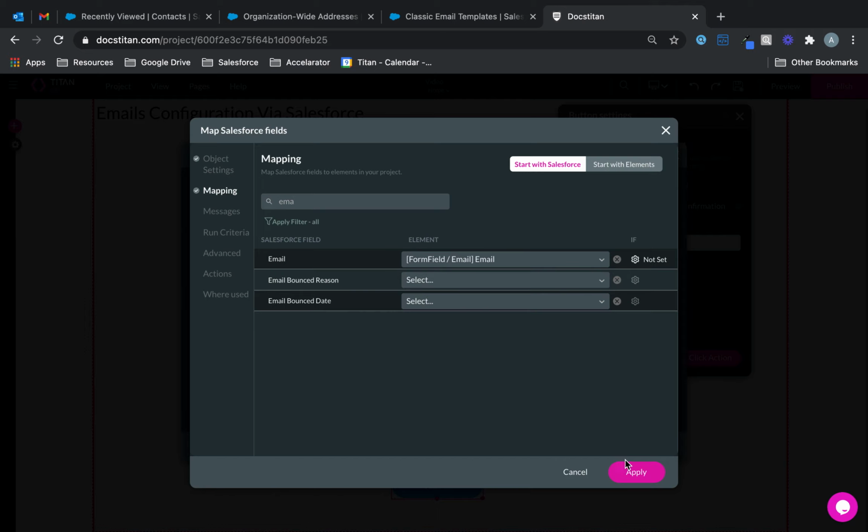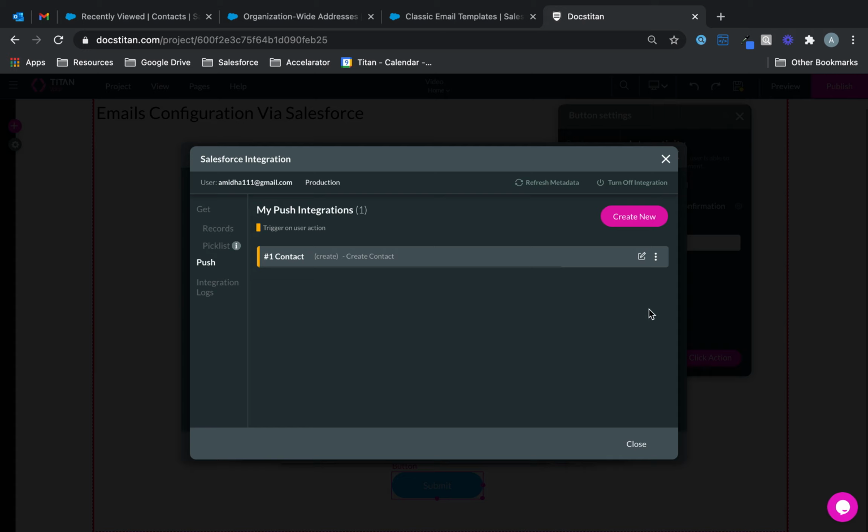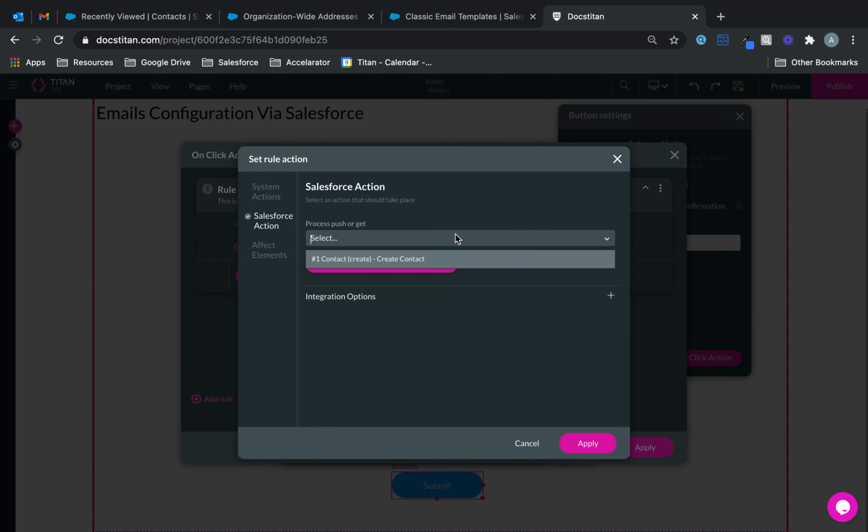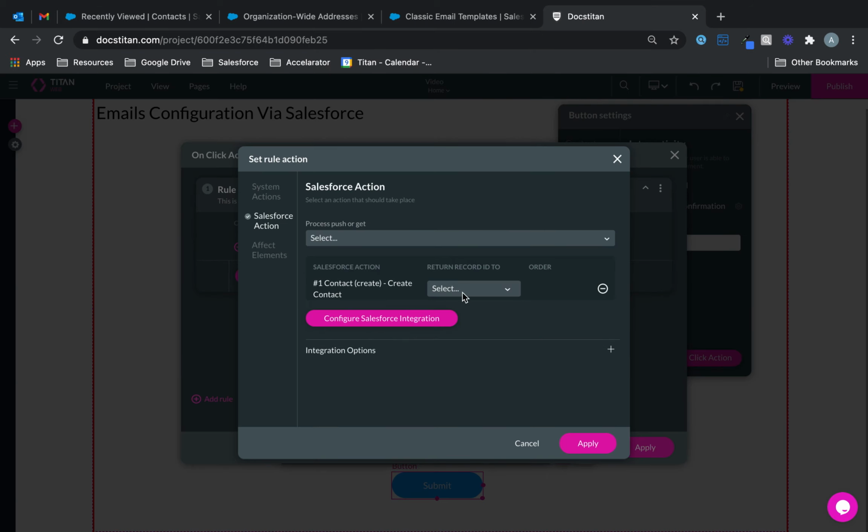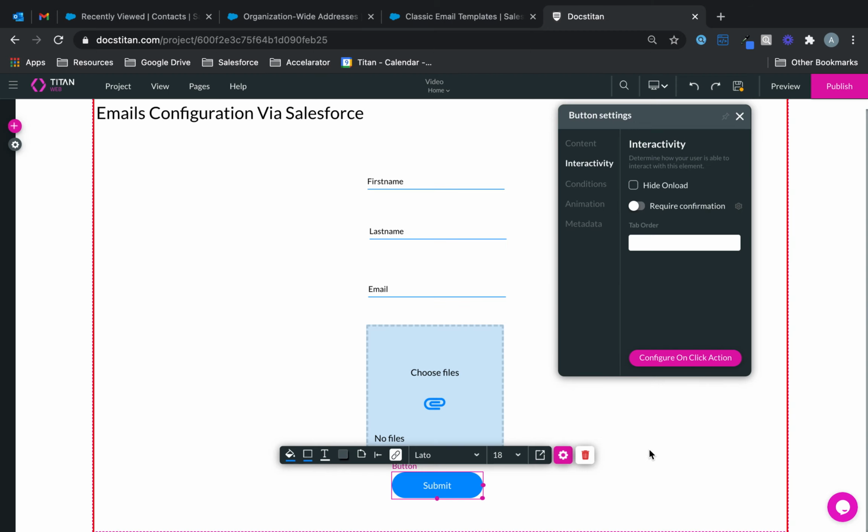Right, done. And I'm not going to bother pushing the attachment to Salesforce because I just don't think it's needed for this use case, and I want to save as much time as possible. So when that's done, I want to create a contact. Now I do want to return the record ID too, because I'll tell you why that's important in the last